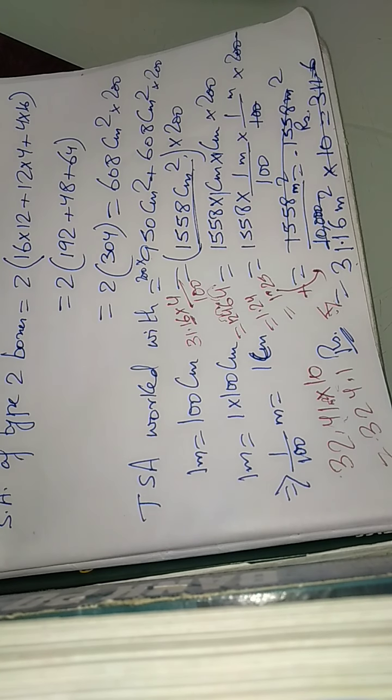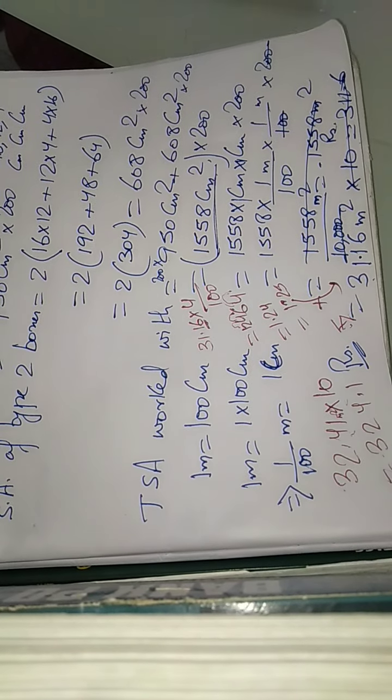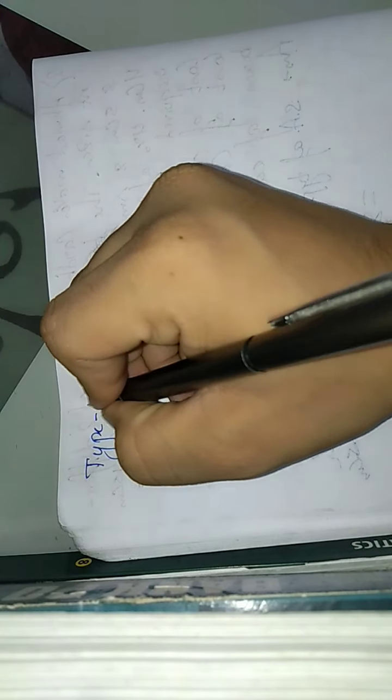Now we will be moving to our volume of cuboid. Till now we did the surface area of cuboid. Now we will be doing volume of cuboid. Okay, students. So it is a type 2 concept. Type 1 concept was surface area. Type 2 concept is volume of cubes